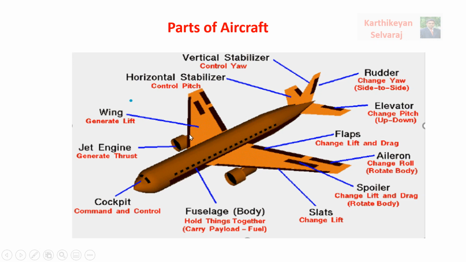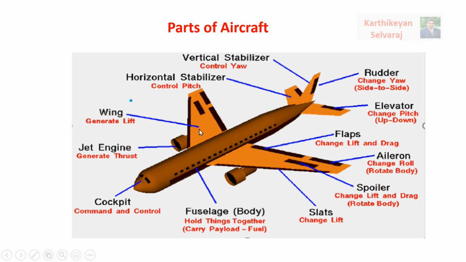And next, the main part will be the engine. The engine helps to produce the power, especially what you can call thrust. When you are talking about aircraft, we have to know the four major aerodynamic forces acting. The first one is lift, second is drag, third is thrust, and fourth is weight. Weight depends upon the overall structure, thrust is produced by the engine, and lift and drag depend upon the flows over the aircraft components. So these are the major aerodynamic forces.